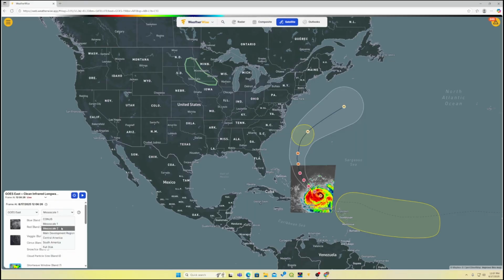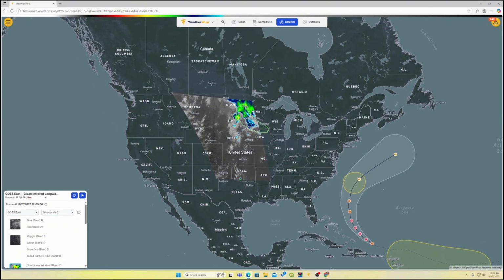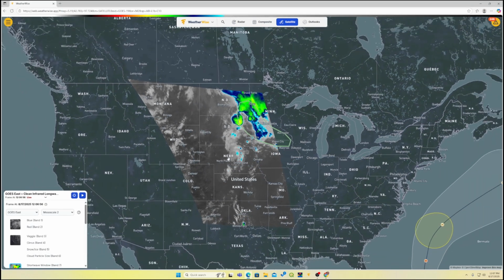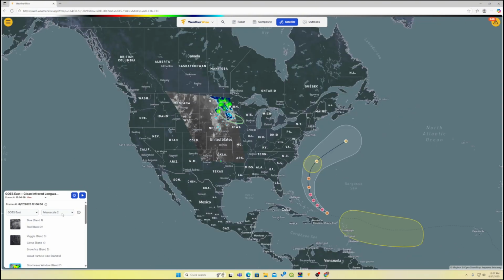Mesoscale 2 is actually going to be able to show us what's occurring in the Midwest and the upper Midwest of the United States, where most of our storm systems on land really get their act together. So again, a small region that gives us a very high resolution look into what the clouds are doing in that region of the country. Zooming back out once more,